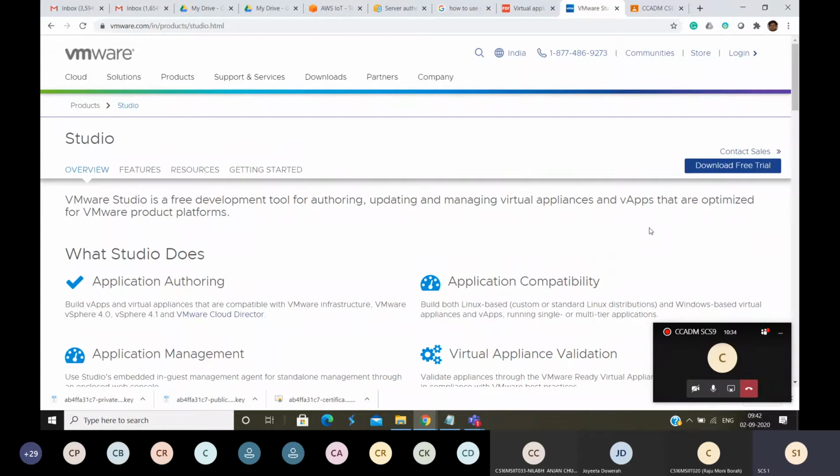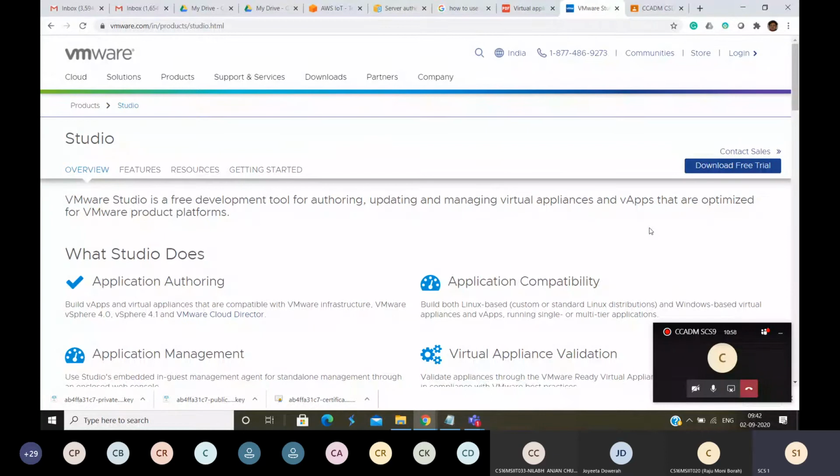Means you have to create one virtual appliance using VMware Studio. Now, if you can submit it before the next lab, then you will get bonus marks. So I am going to give you one assignment in your assignment book, that you have to create one virtual appliance using VMware Studio.